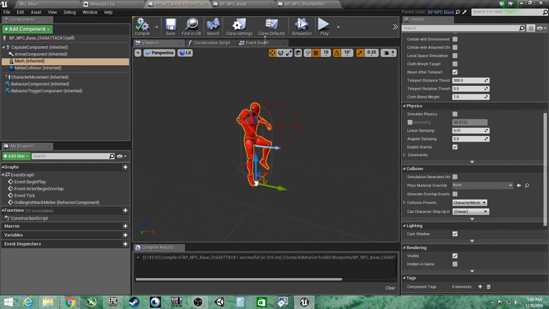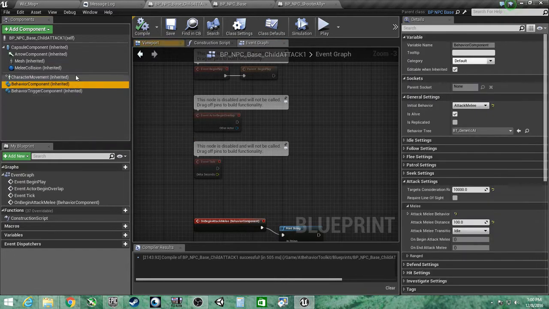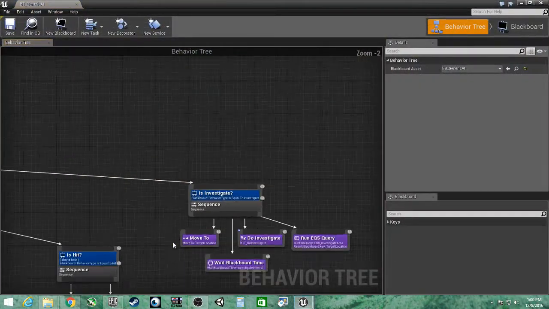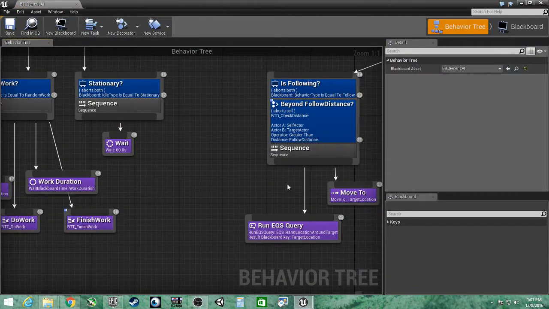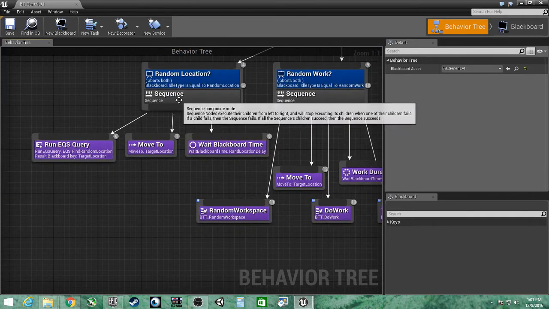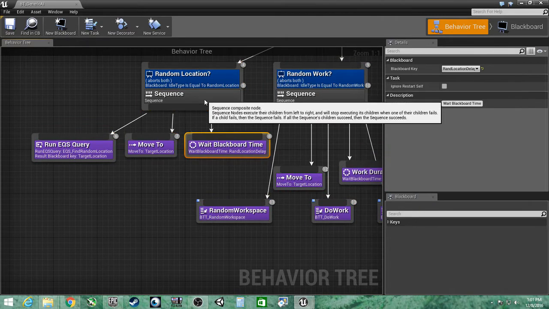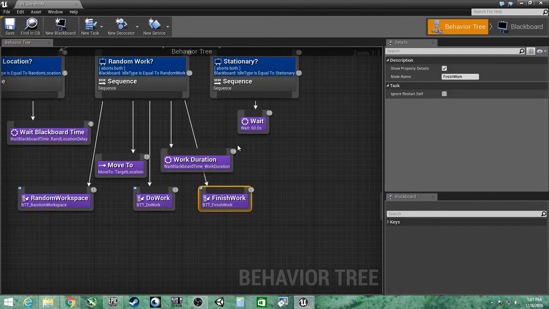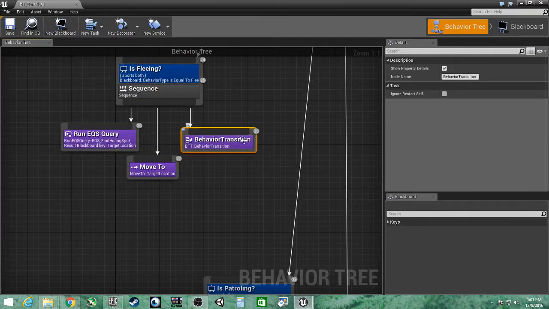But in their event graphs, there's not a whole lot of stuff. There's nothing. It uses these guys, and I believe there are behavior trees involved, and I don't know how those work. Like, I honestly have no idea. There's stuff going on. I've never used a behavior tree, and if I can't figure it out, and I can't crack theirs open and look at what's going on, I think I'd still be okay with what I got in the package. But I have a feeling that if I knew what I was looking at right now, I could get in there and